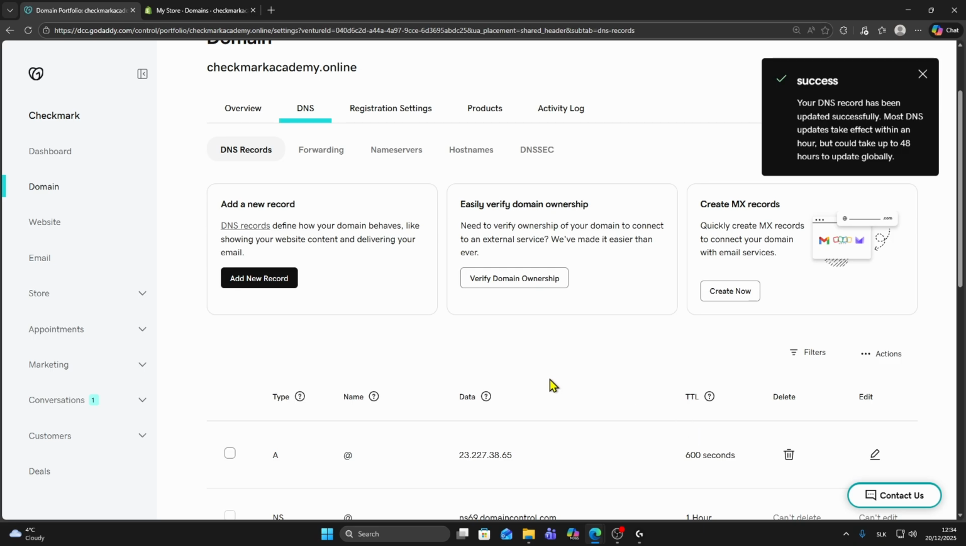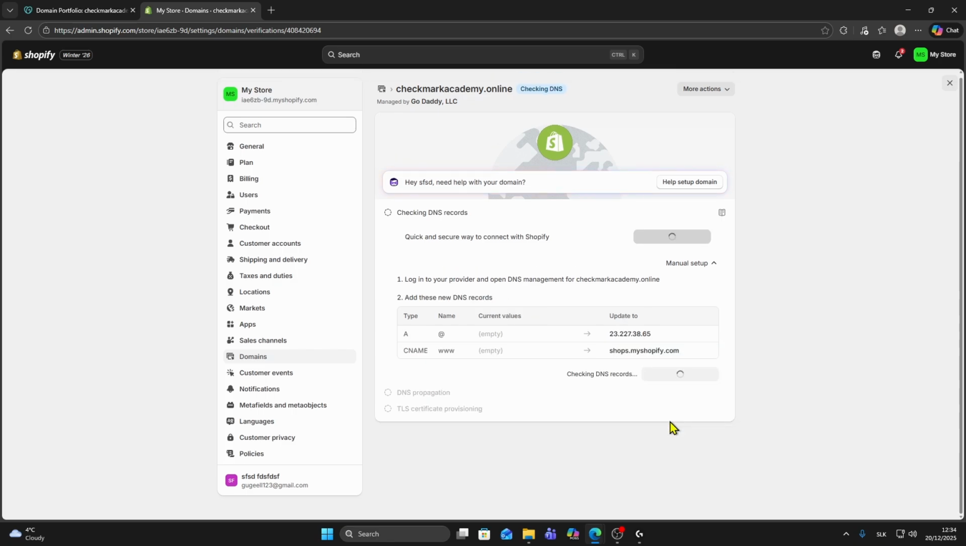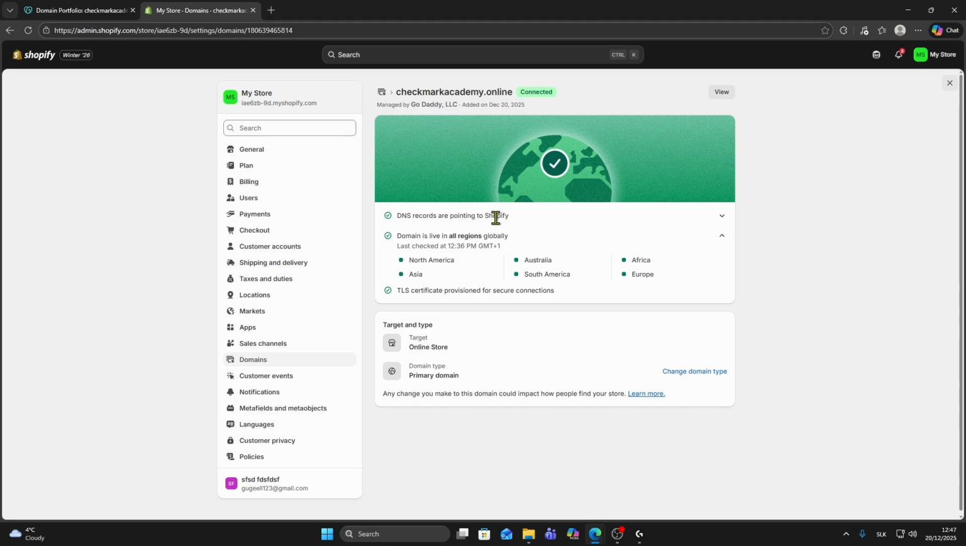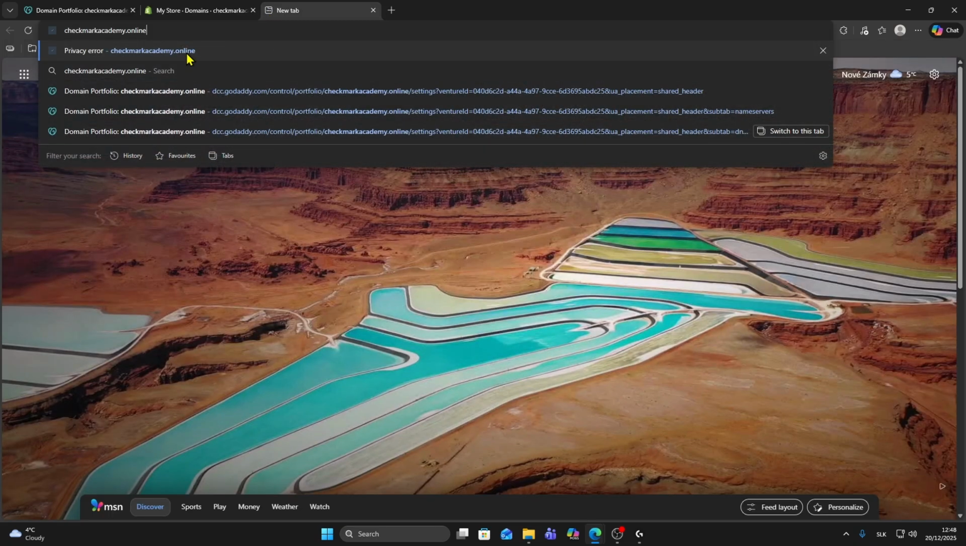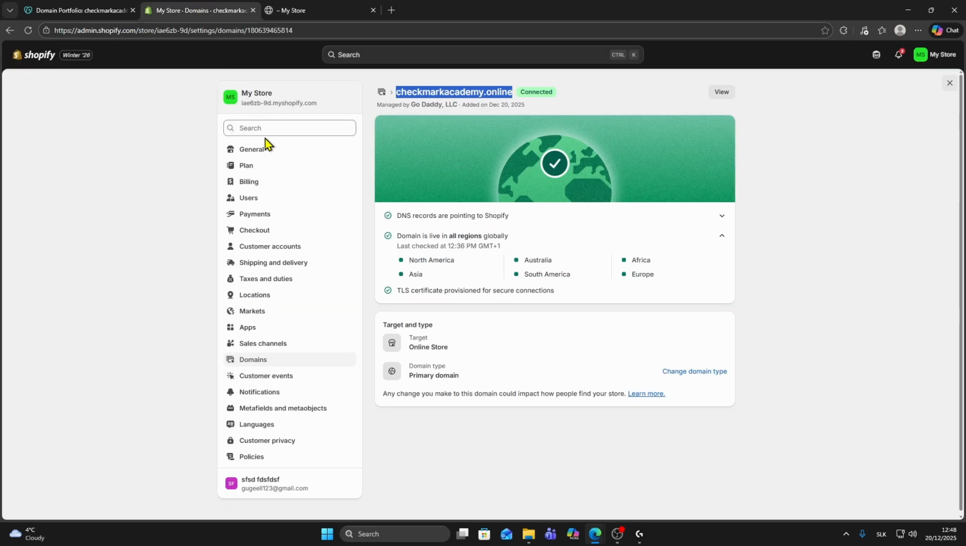Now when you have all three records, you can go back to Shopify and click on I updated DNS records. Now it's going to check your records, and after a couple of minutes, you will see it's connected. You can see DNS records are pointing to Shopify, and your domain is live in all regions globally. So if I try to open this domain in a new window, it's working. The only thing is I don't have any store connected to my Shopify, but the domain is working, and this is how you can add your custom domain to